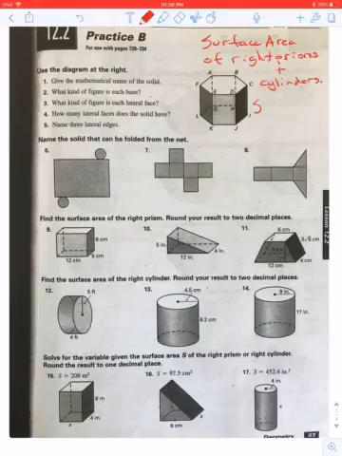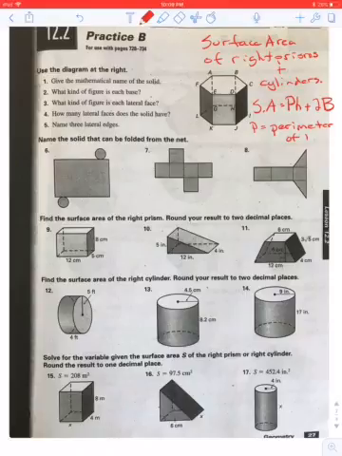Our formula is surface area is equal to the perimeter of the base times the height plus 2 times the area of the base. That's just the perimeter of the base. The height is pretty self-explanatory, and this B is not a base length, but it's the base area. So starting with this one,